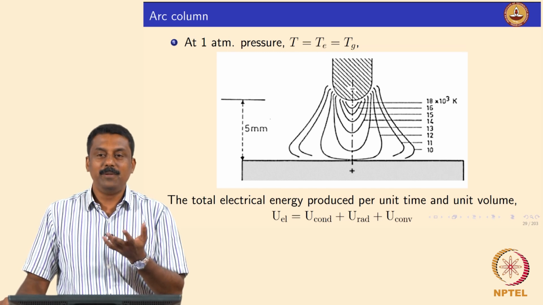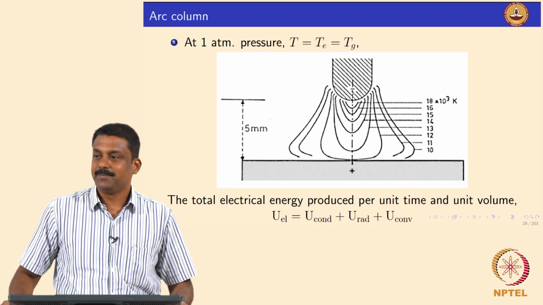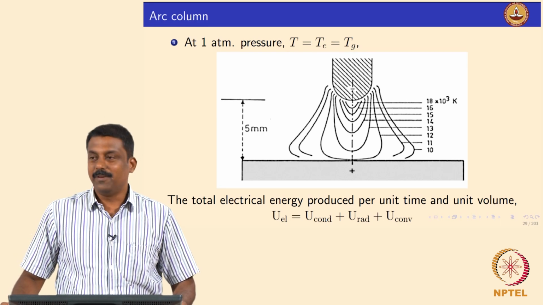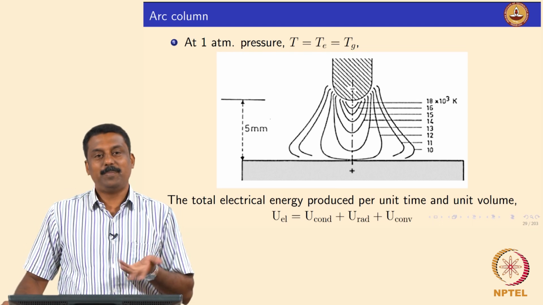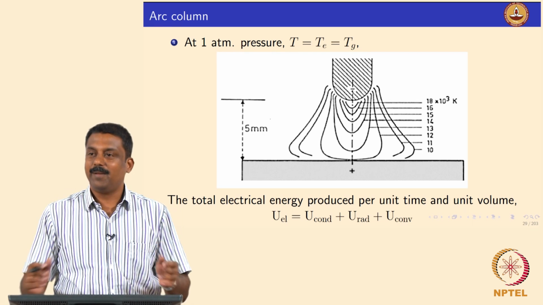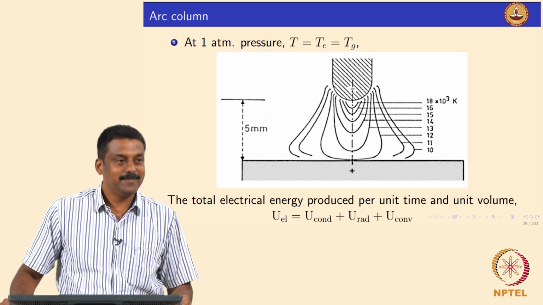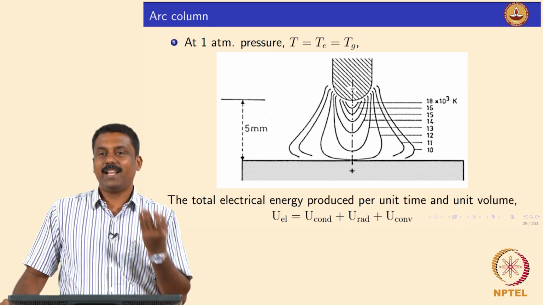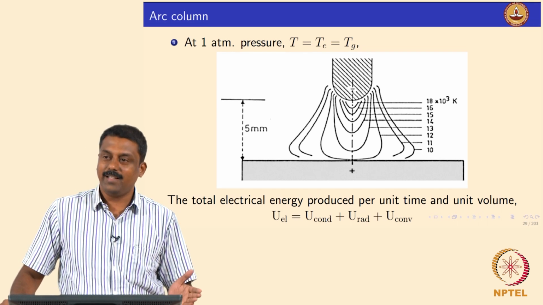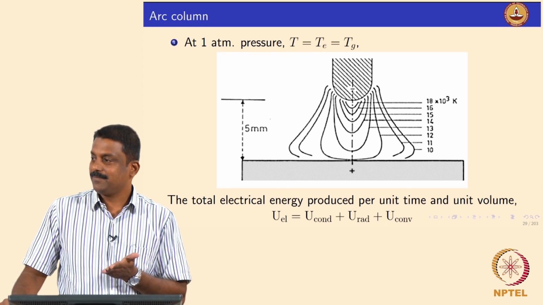Okay, so if you know how you spend that energy, then we know how much energy was already there to begin with. Suppose you spend all your pocket money in a day; if you know how much money you spent and sum it up, you get how much money you had to begin with, right? Same thing. So when you want to calculate how much energy is generated in an arc, we can calculate it by knowing how much energy is transferred to the system.